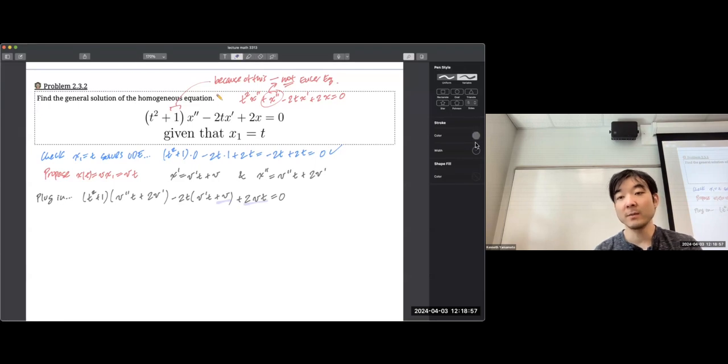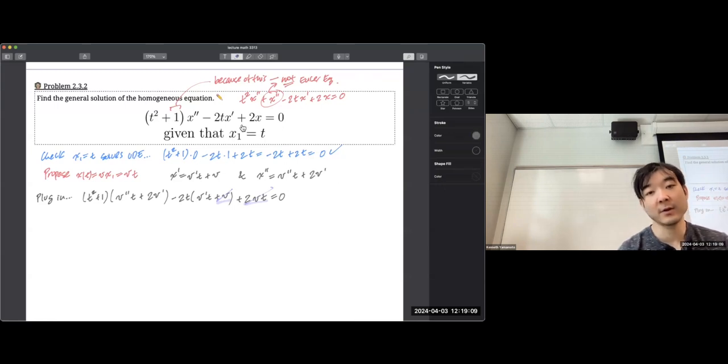Now, if you distribute it out, this negative 2t to this v, it would be negative 2tv, and this is 2v. They're going to cancel. These will cancel, and that's always going to be true, so long as you have the correct homogeneous solution and you did the product rule correctly. So then you're left with